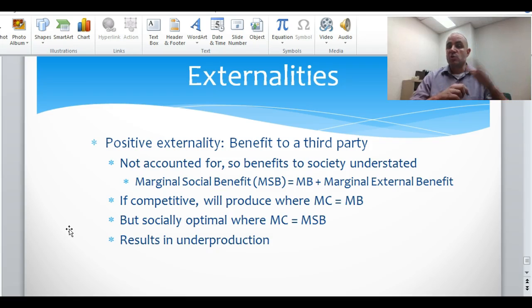You're getting that benefit because the value of your home is going to be higher. Okay? If you have a neighbor's home who looks good, that makes your value higher, because people are going to prefer to live next to somebody who has a nice house compared to someone who doesn't. Now, granted, it's one part of it, but still part of it. Another example is a vaccine. If you get a vaccine, or let's say a flu shot, you're the buyer of the vaccine, and there's a seller of it.